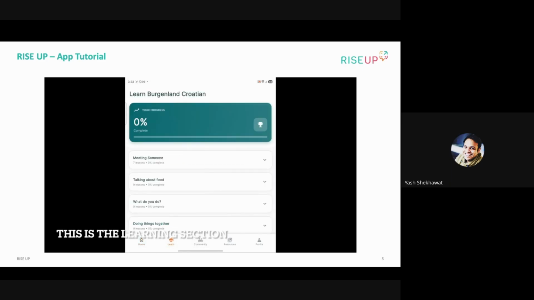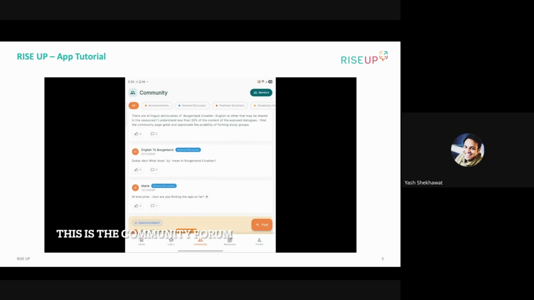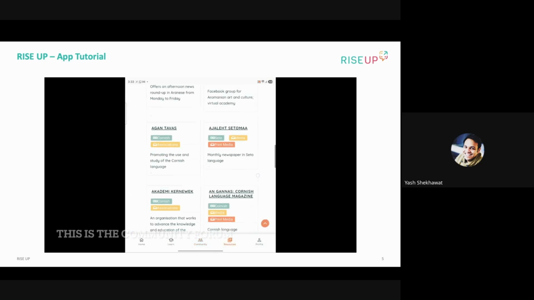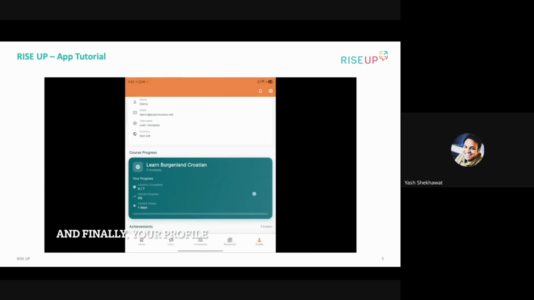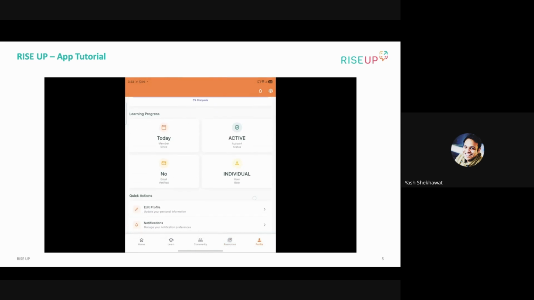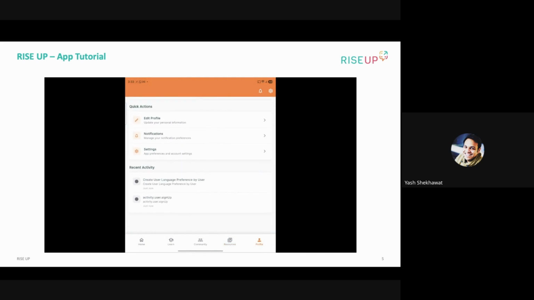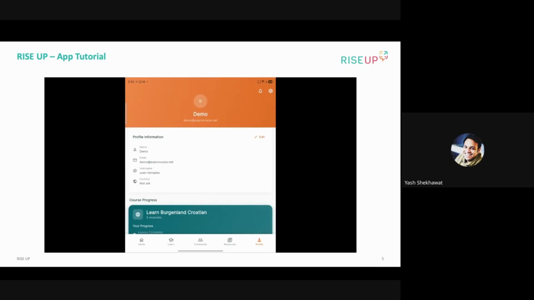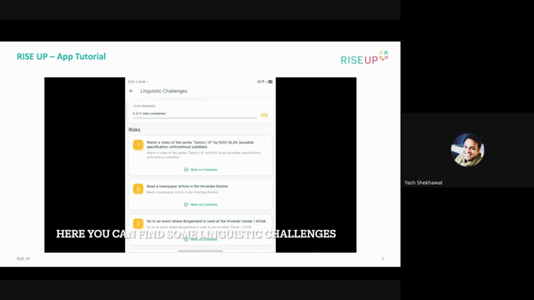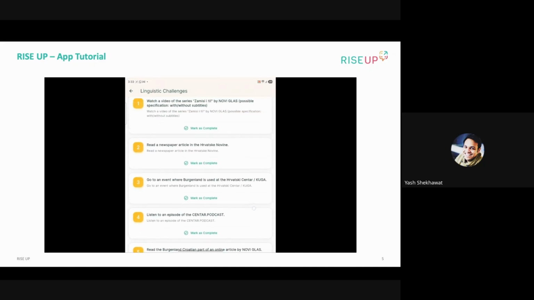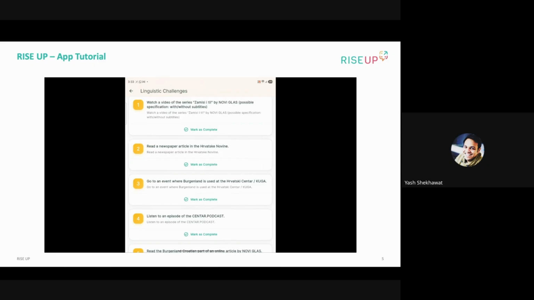And here you can see that there is the community, the learning aspect, quite a lot of posts, and the resources, as I mentioned earlier, and your profile. So you can see what are the different parts. And obviously, also matches what you have done in the app till then. So going to linguistic challenges, you can see that for now, in the tutorial, there's only 5,